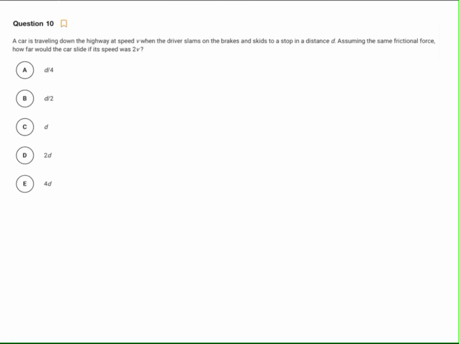Okay. This guy. So we've got a car traveling down the highway at a speed v when the driver slams on the brakes and skids to a stop in a distance of d. Assuming the same frictional force, how far would the car slide if the speed was 2v? All right, so,